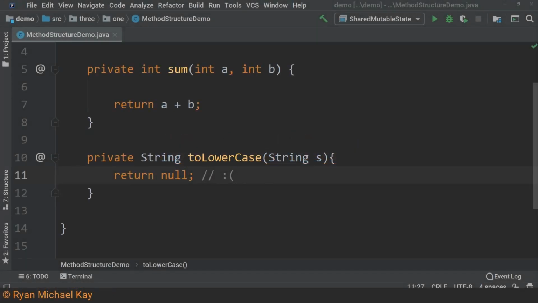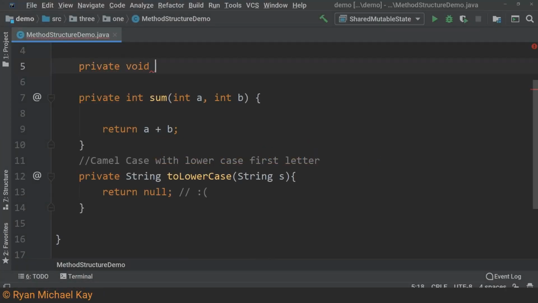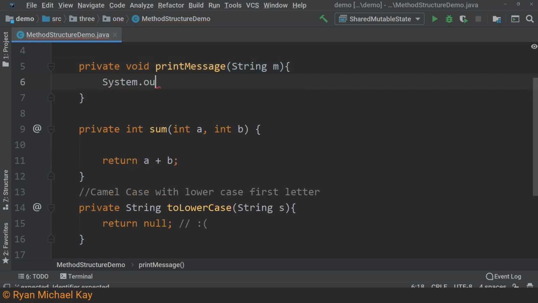It works similar to a reference variable in that it is actually how we work with or execute a method. One thing to note is that apart from constructor methods, we always use camel case with a lowercase first letter. There are a couple important things to know about parameters which I will address in due time. However, the basics are very simple. The parameter list parentheses must be included even if they are empty.